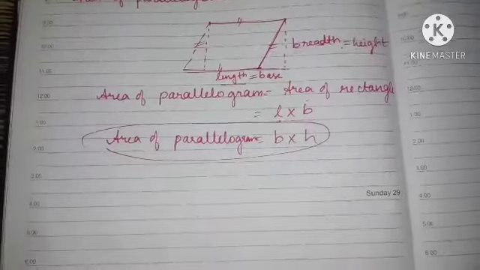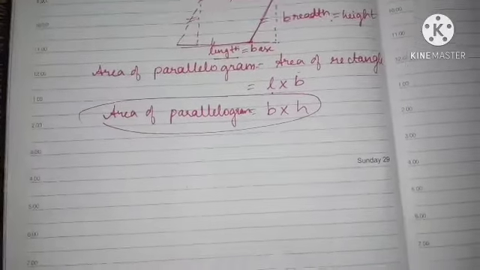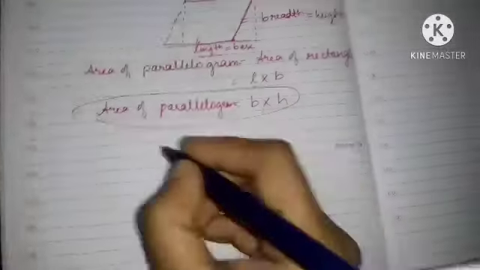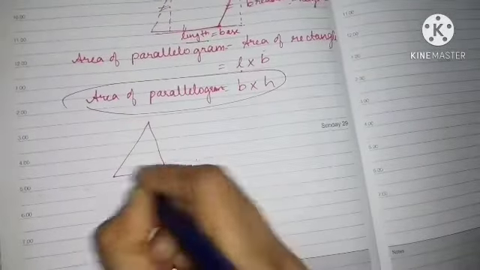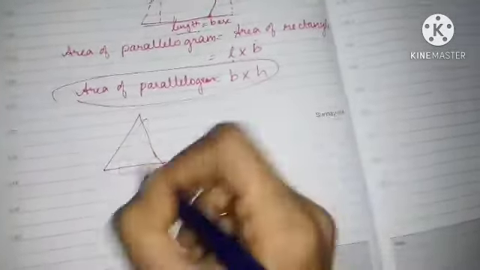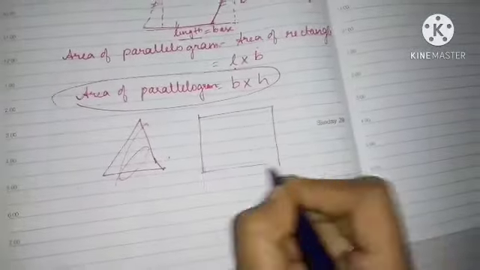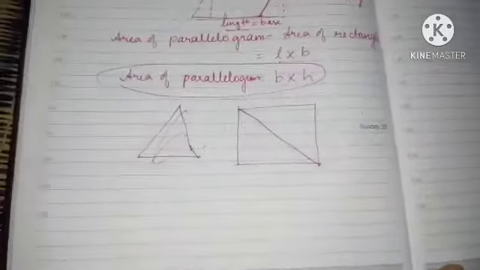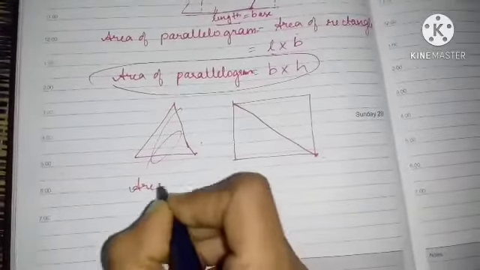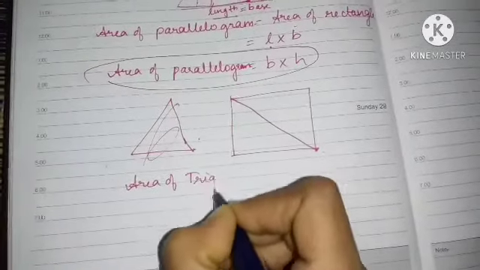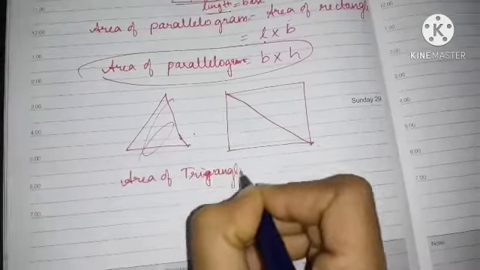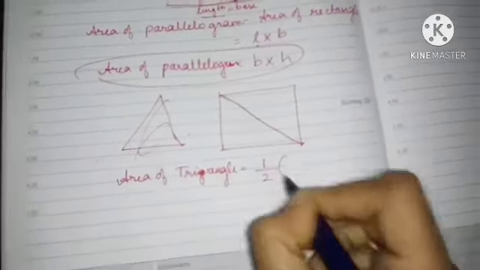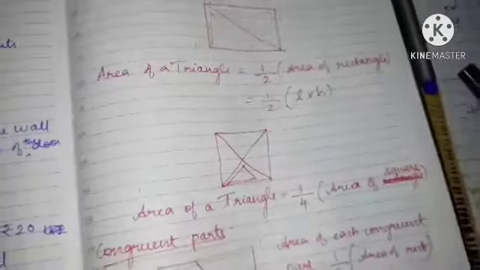Now we'll be discussing the triangle. When it comes to a rectangle, we can separate it into two triangles, right? Two triangles, that too 90 degree triangles. So what is the area of a triangle as per the instruction given? See, area of a triangle is equal to half into length into breadth, correct? This is what we have discussed here, length into breadth.